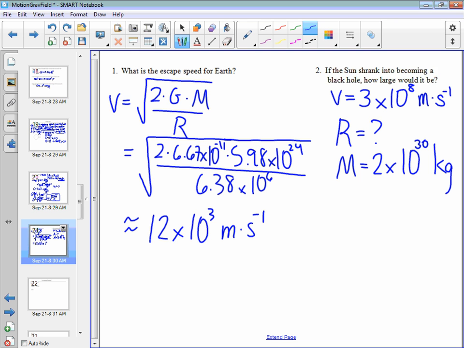And we know that M is about 2 times 10 to the 30th kilograms here. And when you solve for R, you get something around 3 kilometers. Right, again, I'm not showing the work there. You can solve for R. You guys can do algebra. I believe in the power